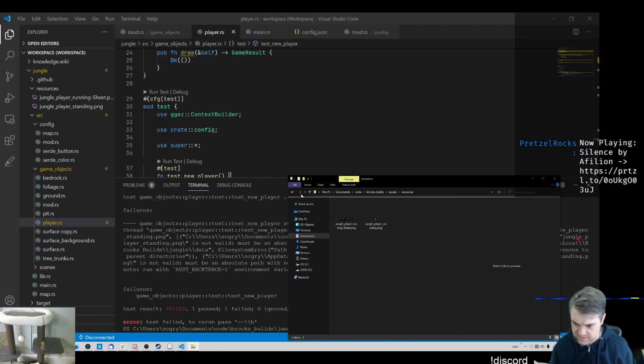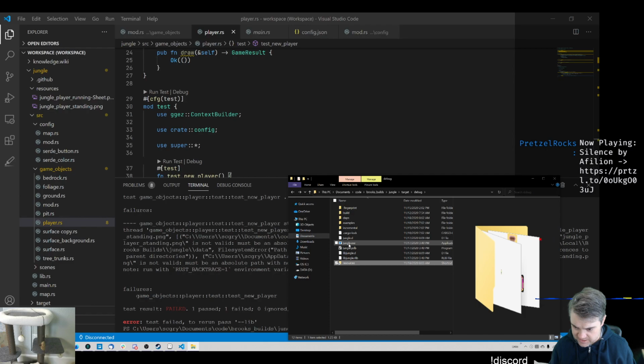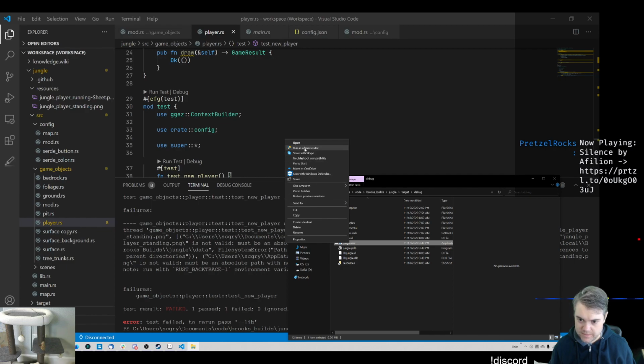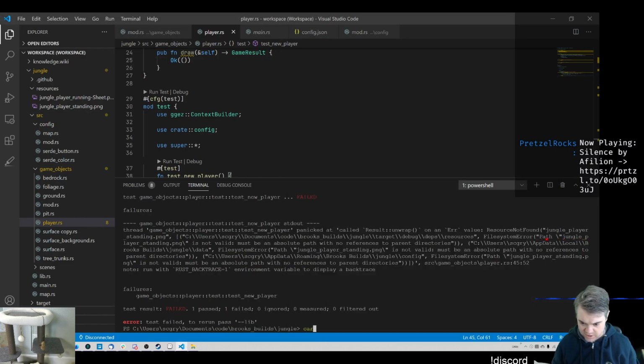Okay, so that's where we're expecting it. If I right click it, I guess that kind of makes sense. So if I do a cargo run,